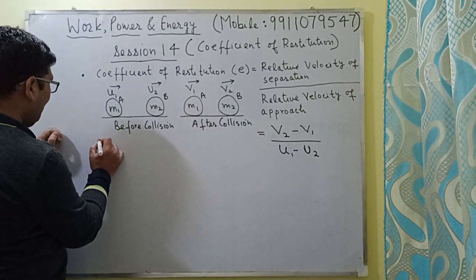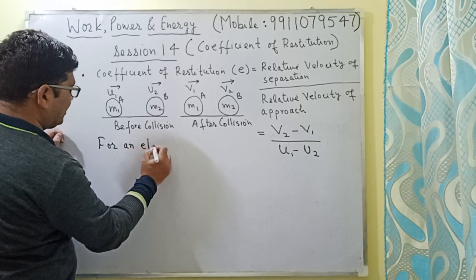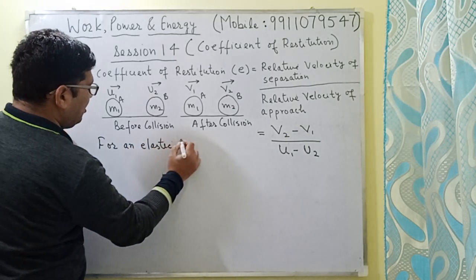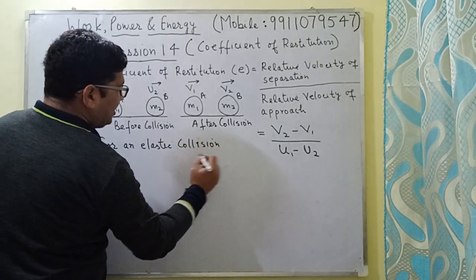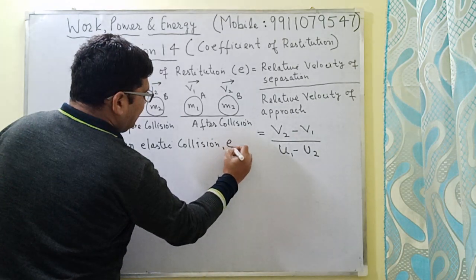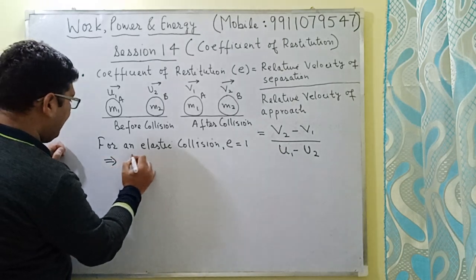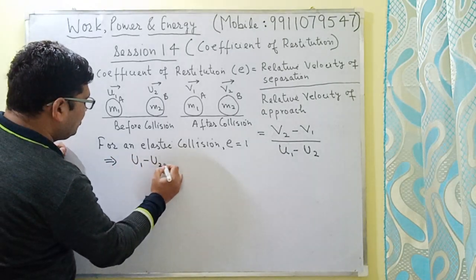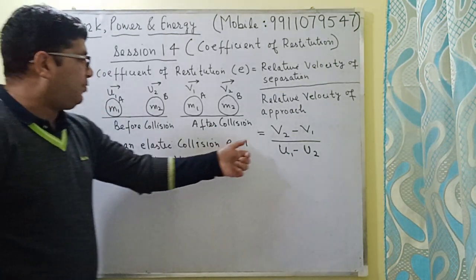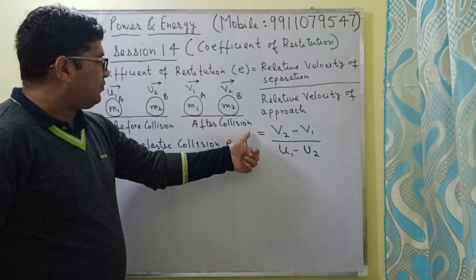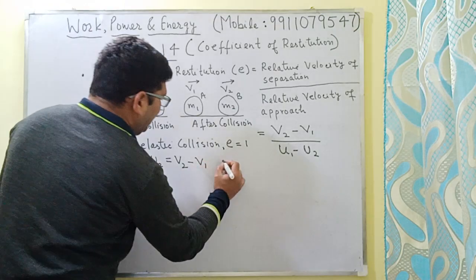Now, for an elastic collision, e is equal to 1. It implies that u1 minus u2 will be equal to v2 minus v1. If I put the value of e as 1, then I will be getting u1 minus u2 is equal to v2 minus v1, or simply we can say that